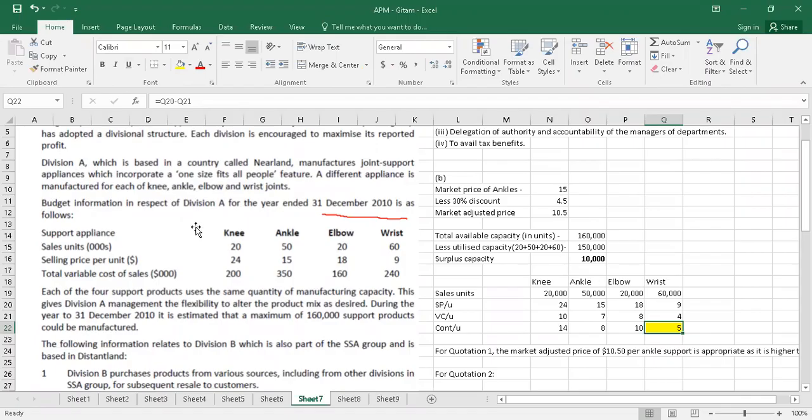That's one important point we've read: each of the four support products uses the same quantity of manufacturing capacity. So if they do not produce wrist with the same capacity, they will be able to produce ankles. Okay, so in that situation, for quotation 2, what can be the